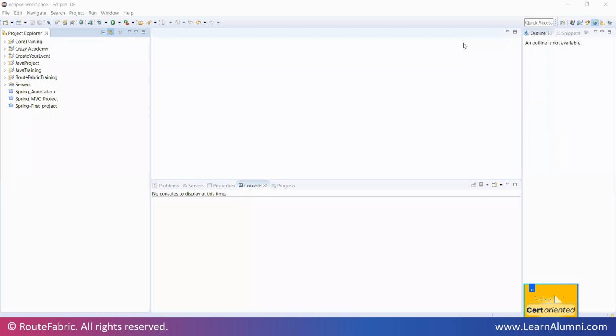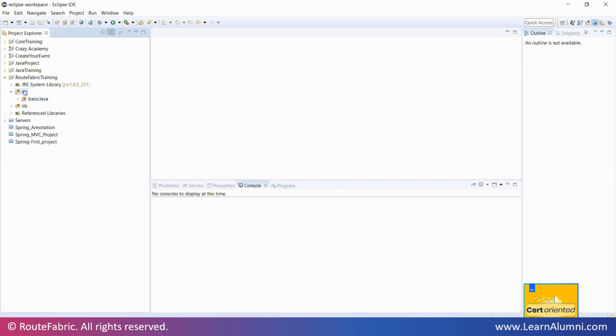Okay, guys, now we have opened up our Eclipse, and let's start with the code. We already have one package, or I can say the folder, in which we are creating our application. This is my folder in which I am writing all my code for Root Fabric. Over here we have one src folder in which we are creating the packages. There is one basic package in which we have done all the programs till date, and now we will create one new package which will be only related to this mini project, keeping the things separate.